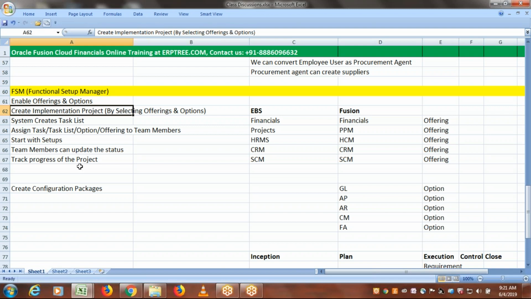Okay, if you have an implementation project, you can create the configuration packages. Again, here the point is, which is mandatory, which is optional. Yes, enabling offerings and options are mandatory. Project creation is not mandatory. If you create a project, you will be able to create the configuration packages to move the setups from one instance